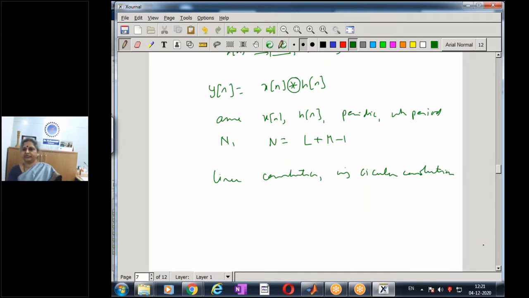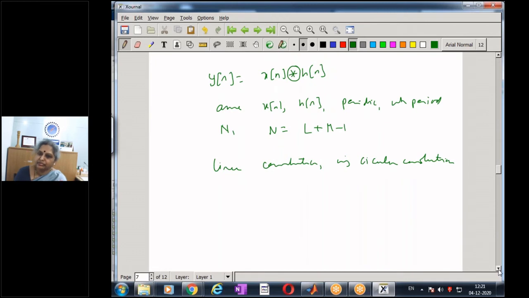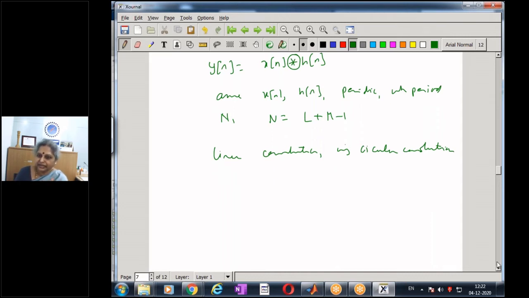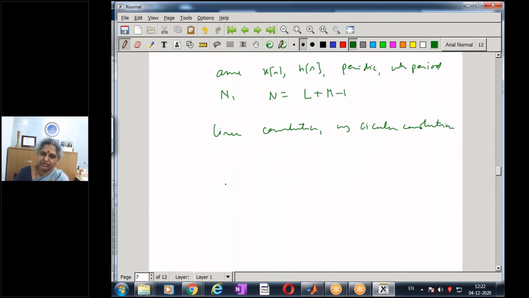So if I want to perform a circular convolution and both are periodic, of course the property is valid. But suppose they are not periodic and I want to do a linear convolution, I can still perform a circular convolution by appending suitable zeros. So now we consider that both x[n] and h[n] are periodic, and we will try to perform their convolution by using the discrete Fourier transform. So let x[n] have an N-point DFT of X[k], and similarly let h[n] have an N-point DFT of H[k].